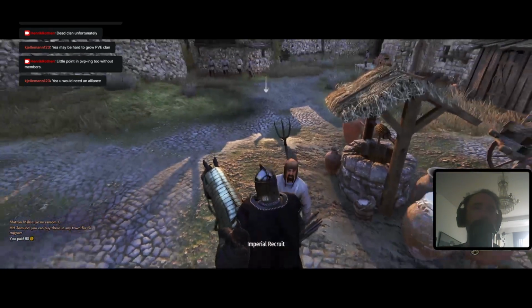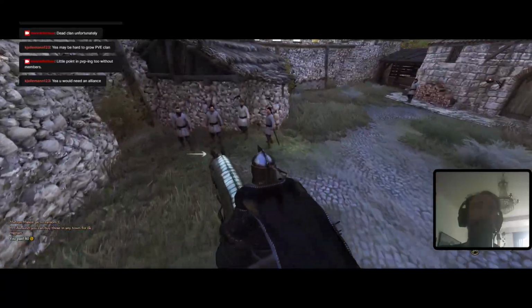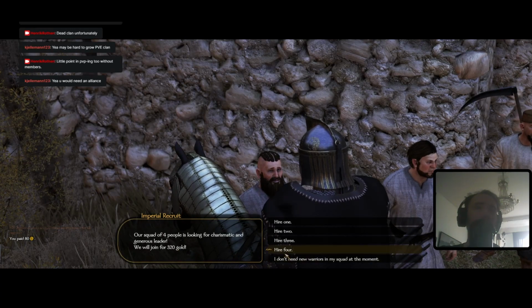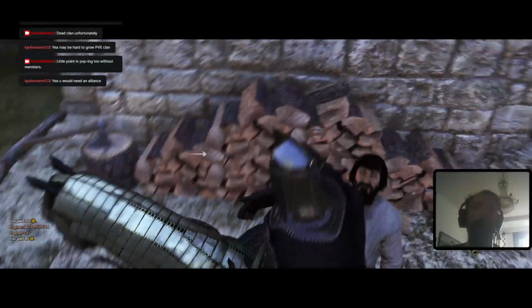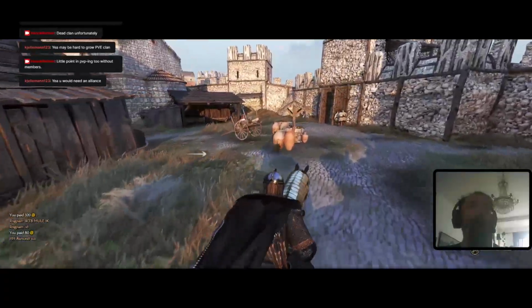So you hire him, and now he's in my army. Here there's 4 of them, so that will be 4 times 80, 320 gold. Let's grab this guy here as well. What I like to do is fill up my army. Yes, it makes me slower on the map a little bit, but